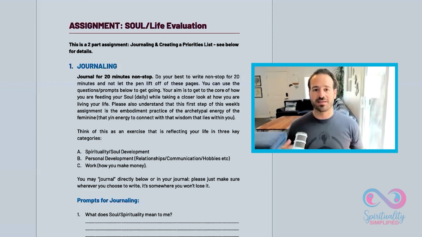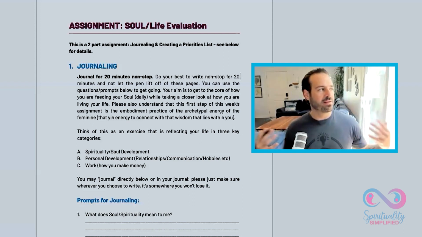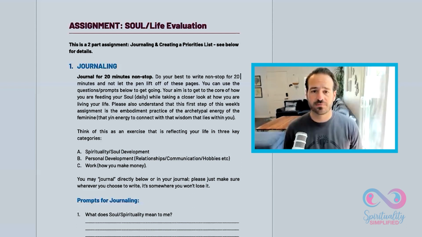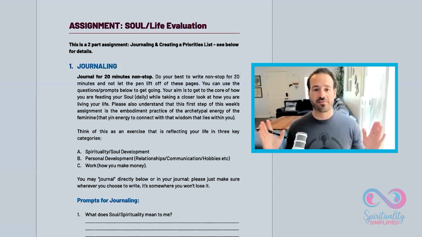And then the masculine is taking action, because it's one thing to just sit there and do the journaling and be like, okay, this is what my soul life evaluation is. But if you don't take action, what's the point? There's no integration. Integration is the action of your plant medicine ceremony. Whatever came through, maybe it felt like a roadmap or directions to do this or that. You want to actually make those changes in the physical realm. We don't want to just have that experience, because then it's just an experience, it's a memory, and we're not actually having transformation because we're not taking action. That's why it's so important to have both.